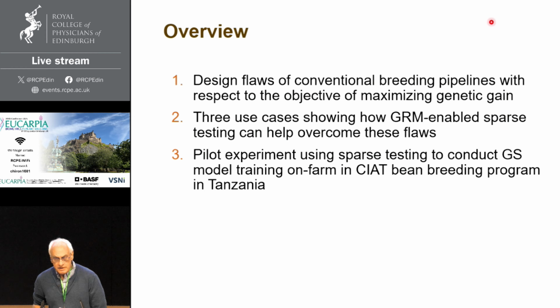I'm going to talk about three main areas: design flaws of conventional plant breeding pipelines in terms of maximizing genetic gain. Plant breeding programs are more designed to extract products quickly from a particular segregating population than to increase performance of a population over time. I'll run through three use cases showing how